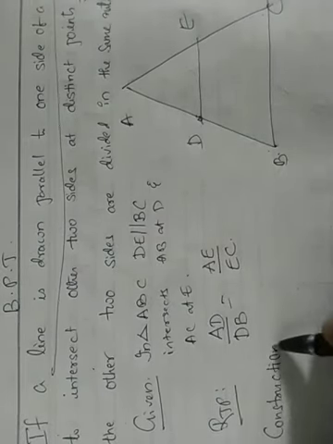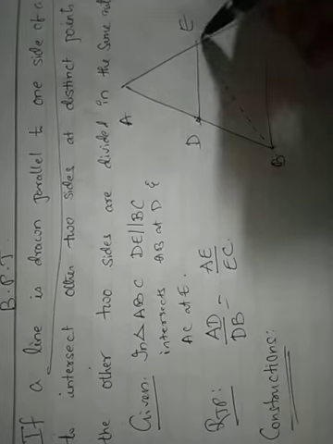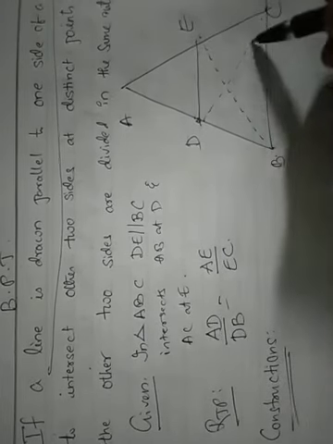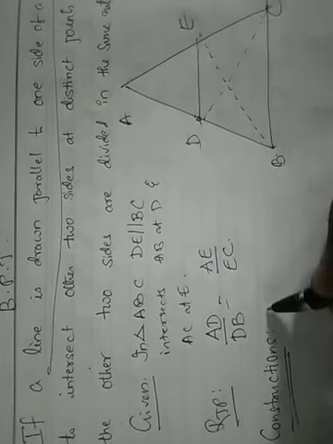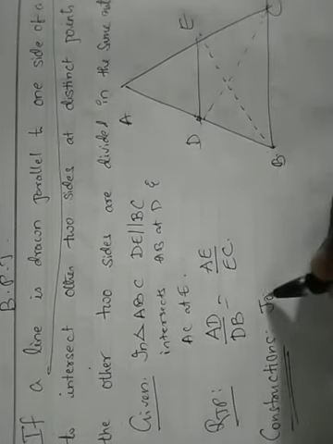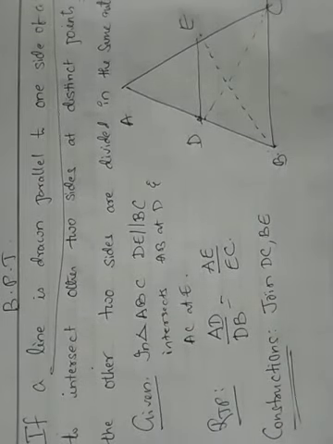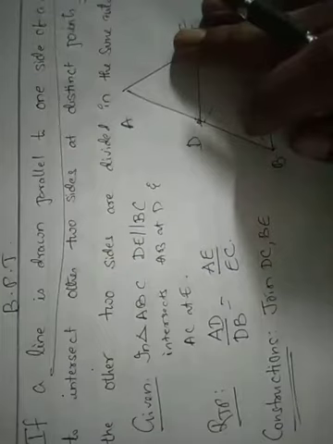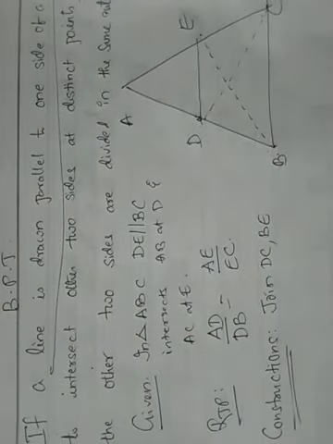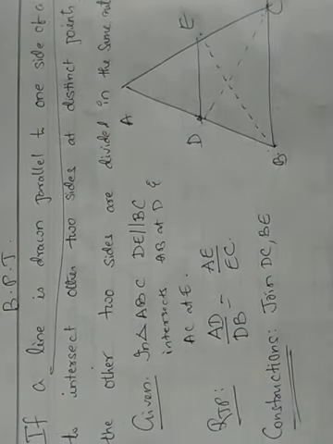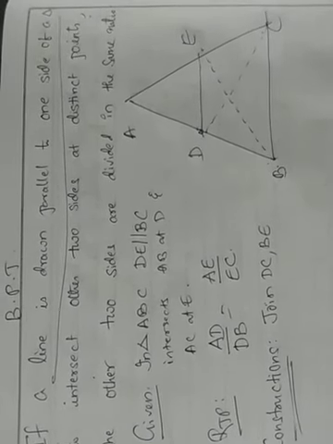What do we do? Simply we create some triangles by joining BE and DC, to form two triangles. And this theorem is mainly proved using the area theorem. What is the formula for the area of a triangle? Half into base into height. So we need height here. Bases we already have. Heights we need.